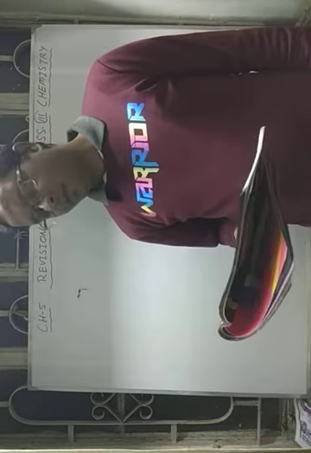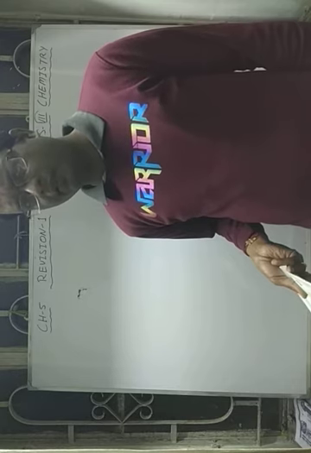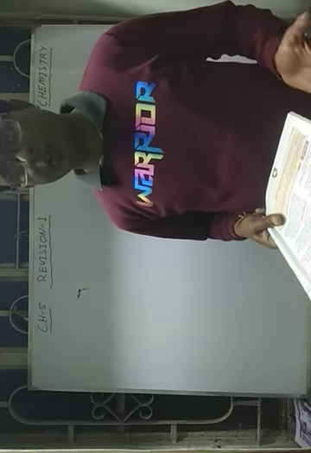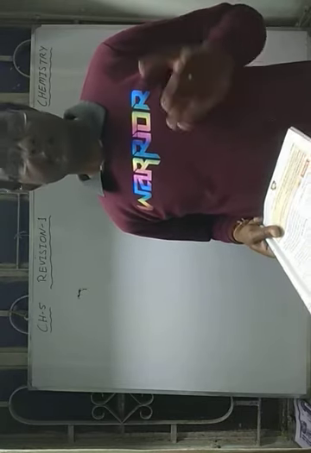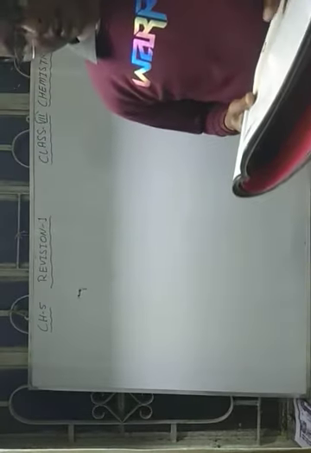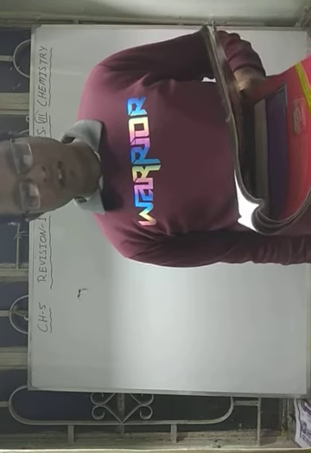Now, the characteristics of a chemical reaction. In a chemical reaction, we can see many changes, and by those changes we say that the reaction has occurred. We can always do tests to confirm a chemical reaction, but by observation also we can say a chemical reaction has occurred. Suppose a change in color. Sometimes the color of a reactant changes when it becomes a product. So we can say there is a chemical reaction.